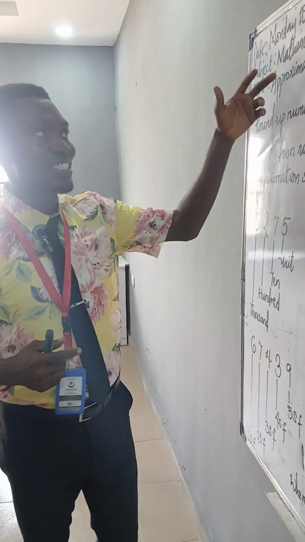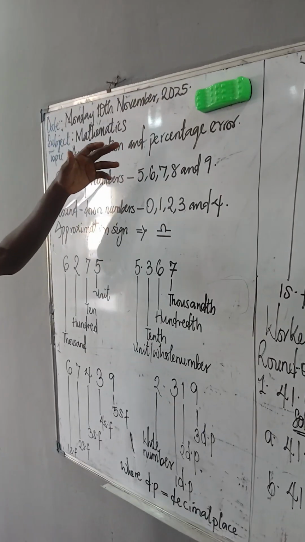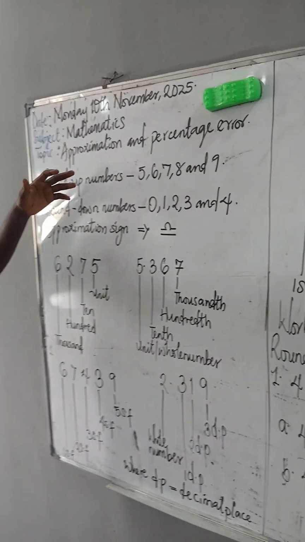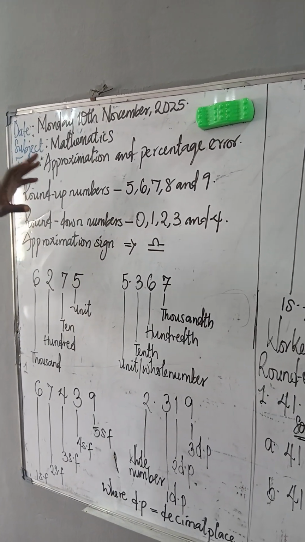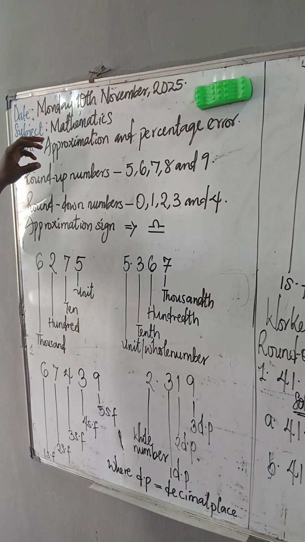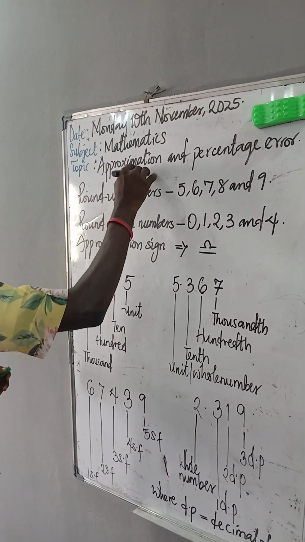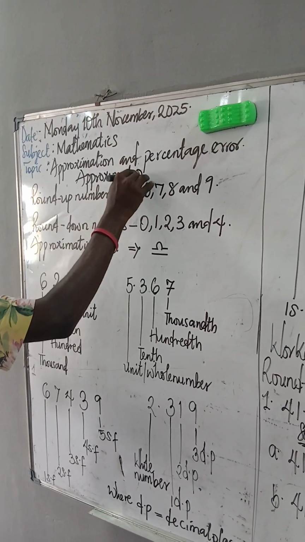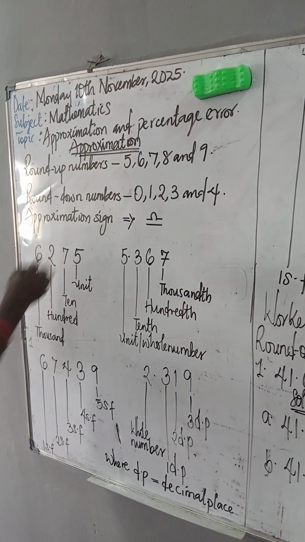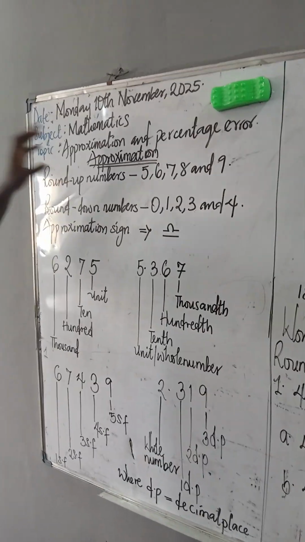Today we want to look at approximation and percentage error. The first thing we are going to look at is approximation. In talking about approximation, we are going to be looking at the standard structures involved in the approximation